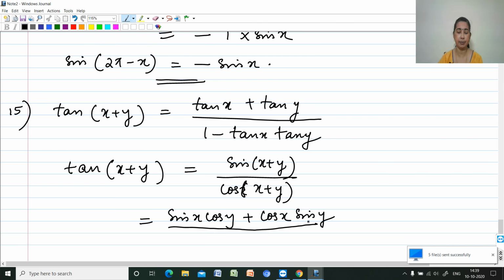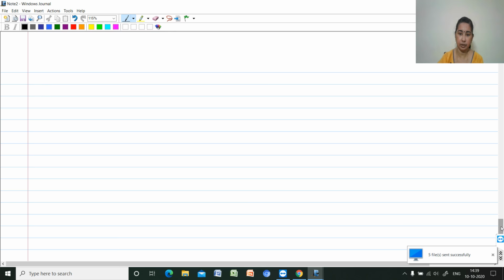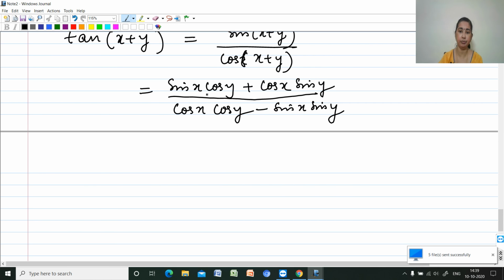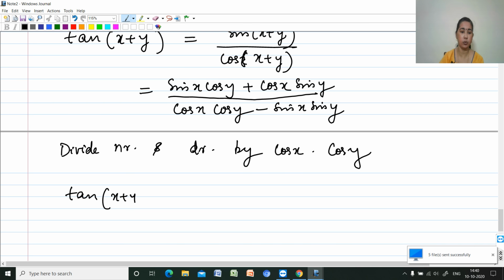And cos of x plus y is cos x cos y minus sin x sin y. Now, in order to make each term in terms of tan, I have to divide by cos x into cos y. So divide numerator and denominator by cos x into cos y, and we get tan of x plus y is equal to,